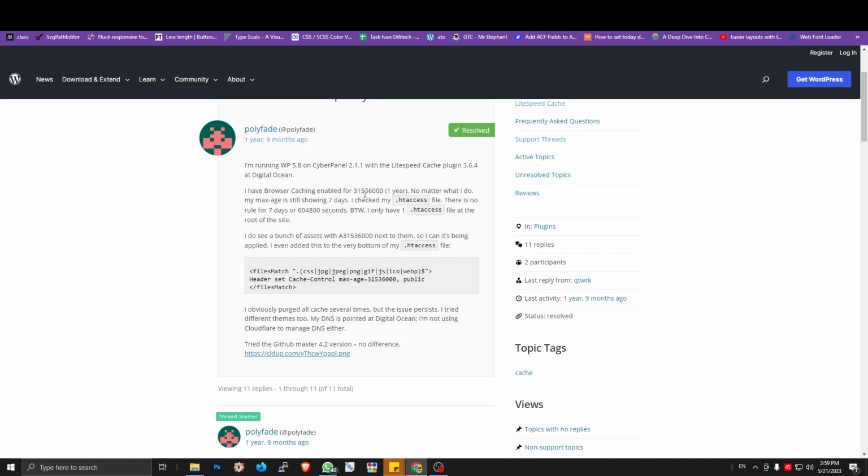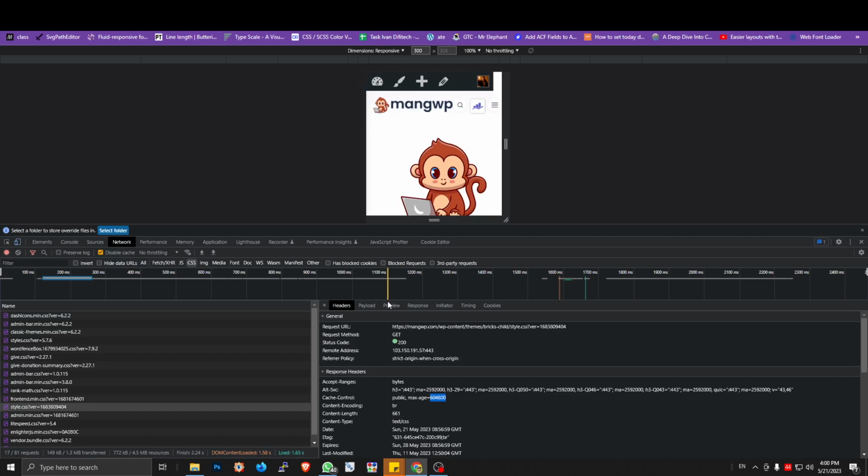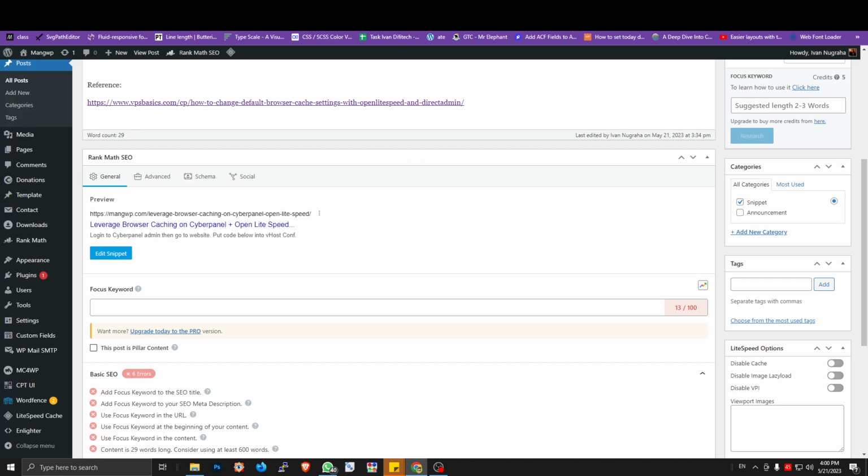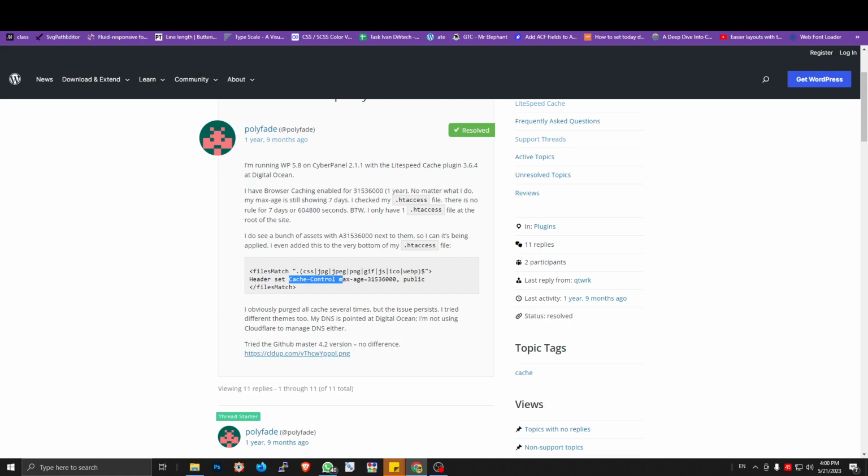So there are people who have the same issue, that they have set the .htaccess file, they have set the right one, the cache control. If you can see here, see the cache control, he had set the cache control on the .htaccess file, but it's not working.